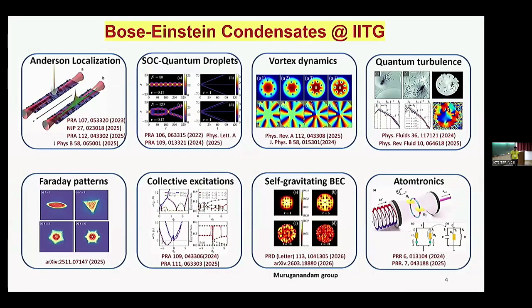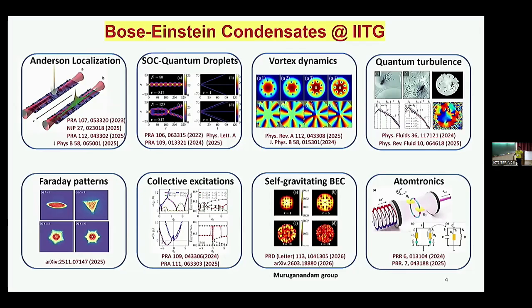My group at IIT Guwahati is involved in addressing several aspects of Bose-Einstein condensates. Swaroop is here. He did his PhD on Anderson localization in Bose-Einstein condensate, where we described many of the localization behaviors. Then we did some work on spin orbit coupled quantum droplets. Some work we have just completed is on the rotating BEC in the presence of a synthetic gauge field, where we study different kinds of excitation that a vortex lattice can have. And then we have some work on quantum turbulence in